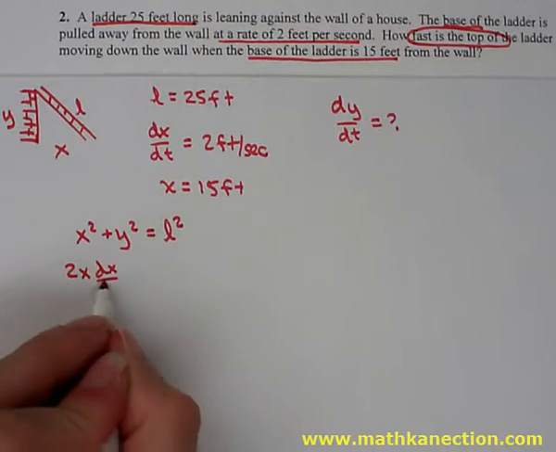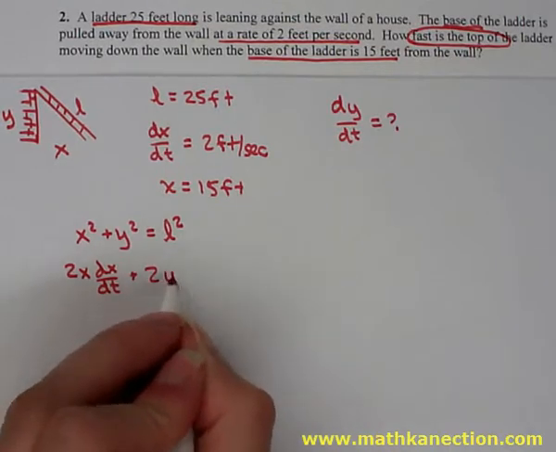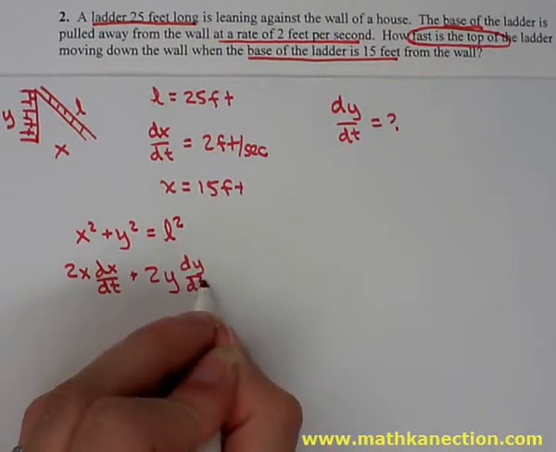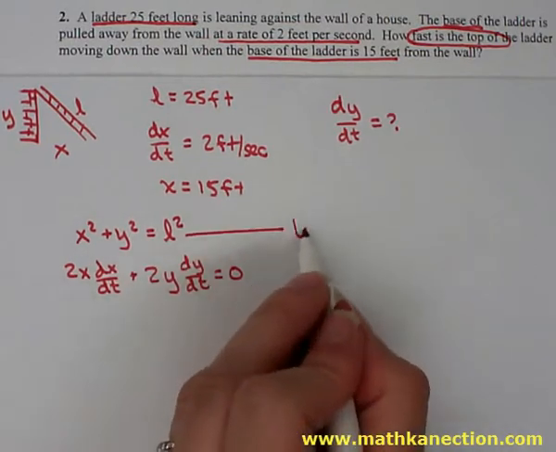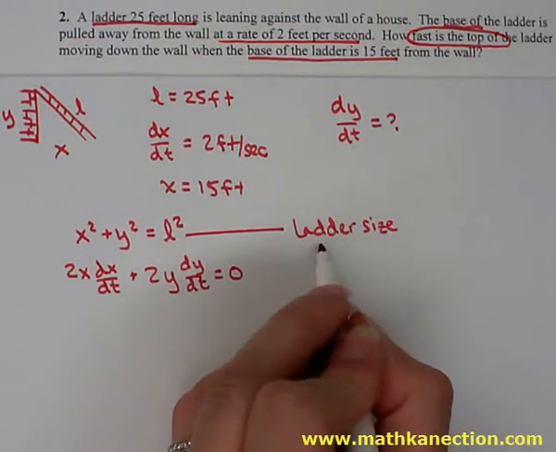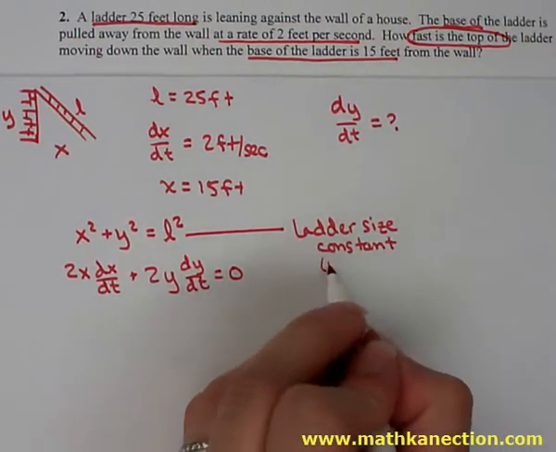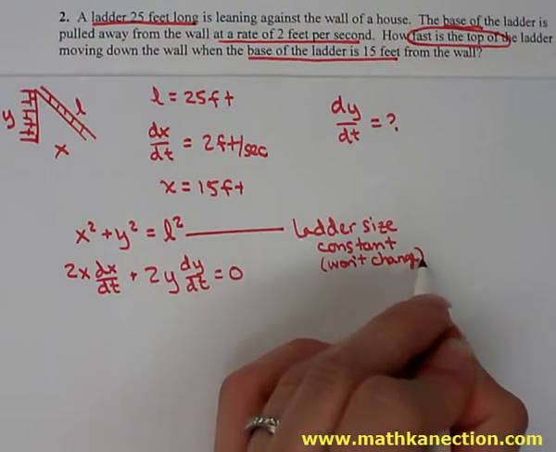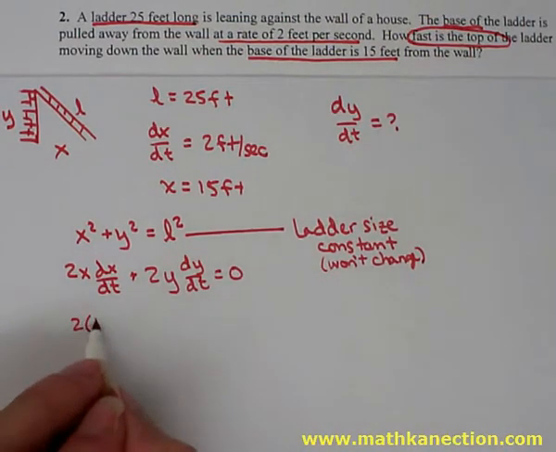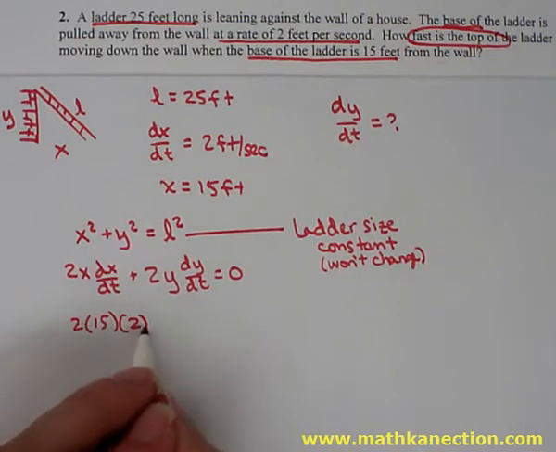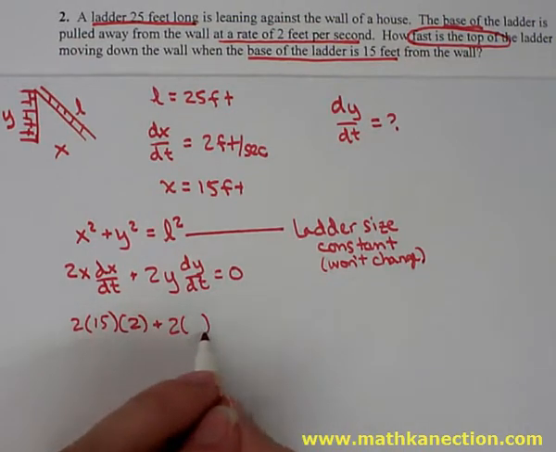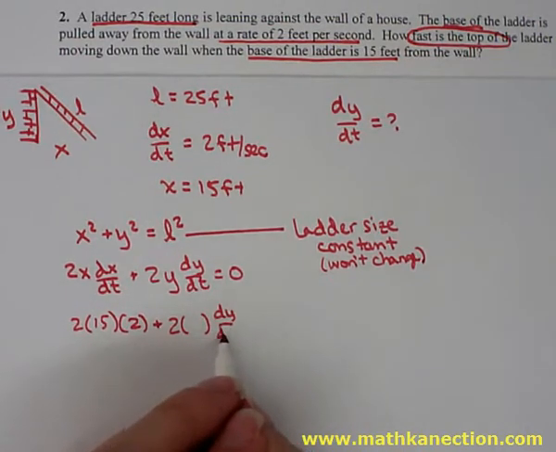Deriving with respect to time, we have 2x dx/dt plus 2y dy/dt. And since L, the ladder's length, is constant, the derivative of L squared is just going to be 0. The ladder size will not change. Replacing in the value of x to be 15, dx/dt, which is 2. The value of y we'll need to figure out